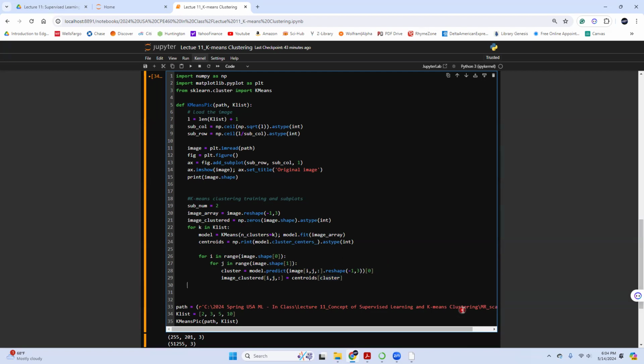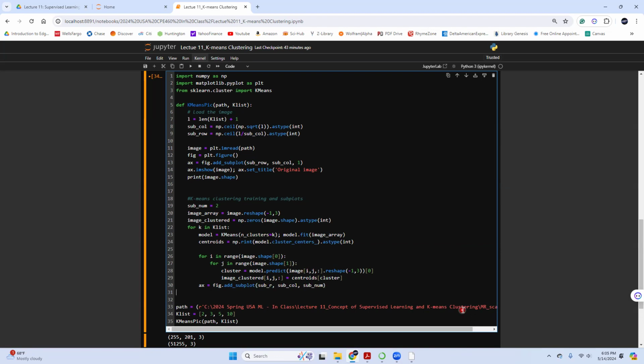Okay, after this, I believe I've already replaced the things here. Then I can actually plot it, not print it. fig.add_subplot, with the sub row, sub column, and the sub number.